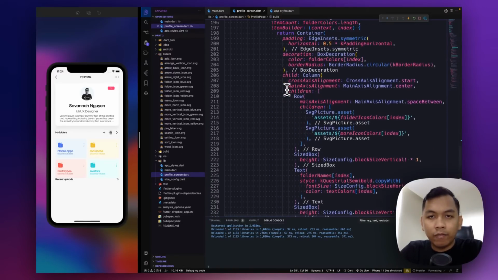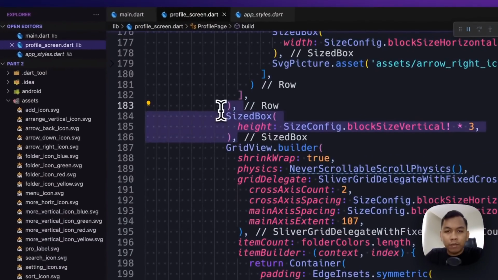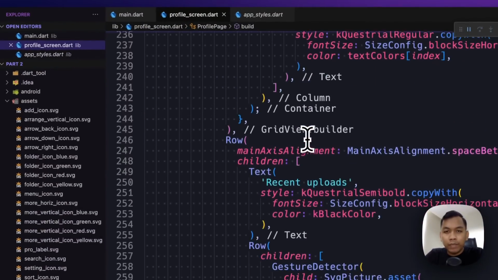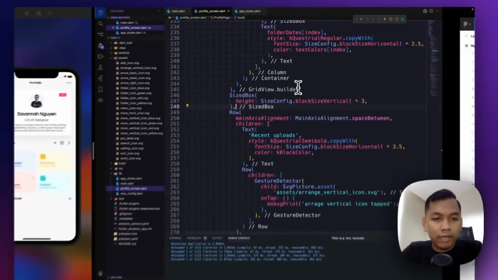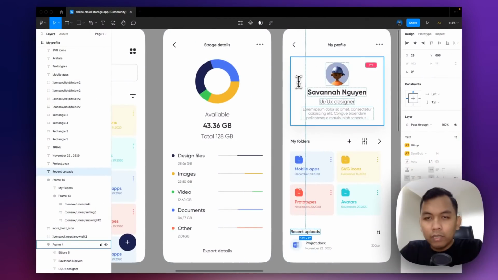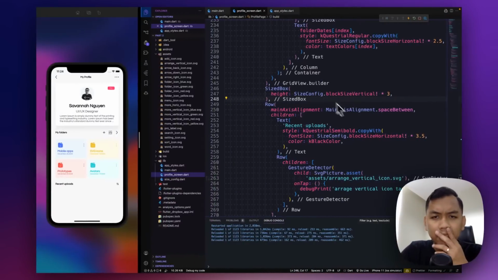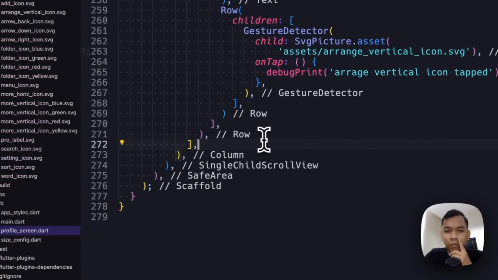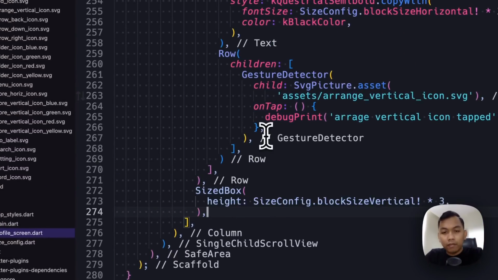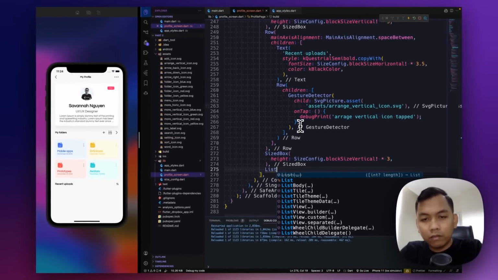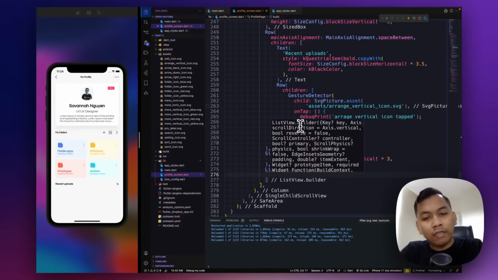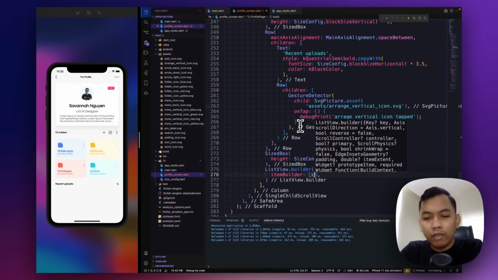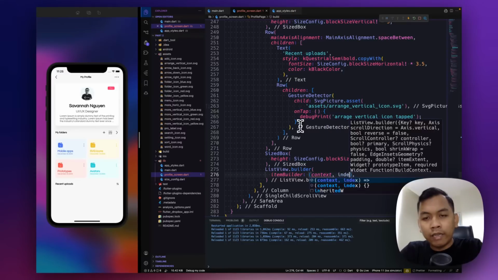Alright, so yeah, recent upload with S. And again, we need to copy size box and paste below the grid view. And the last, we need to add list view builder. And we need to add item builder will be context and index.